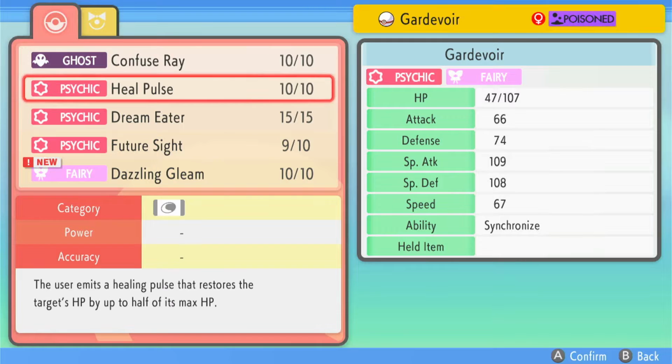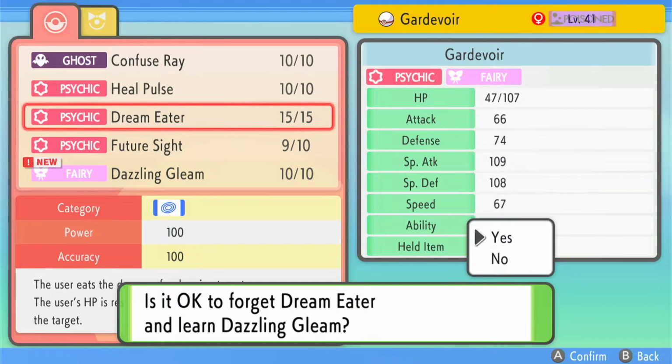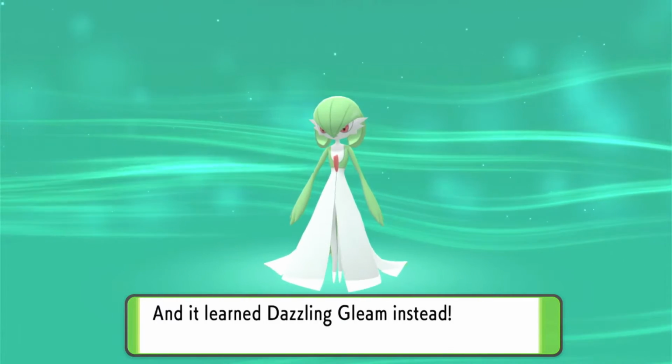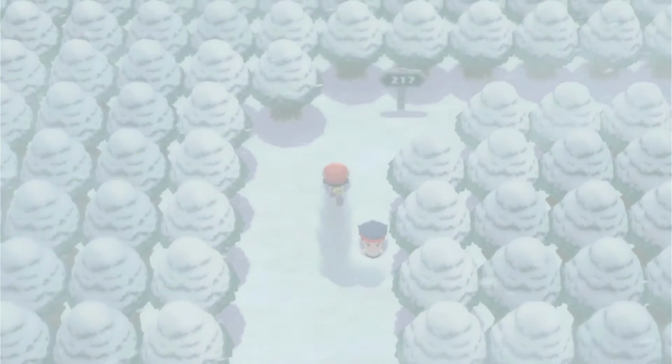80 damage. And I'm going to get rid of Dream Eater, because Dream Eater is only useful if a Pokemon is asleep. Now, we don't have anything that can put a Pokemon to sleep, so it is actually a useless move. Anyway,